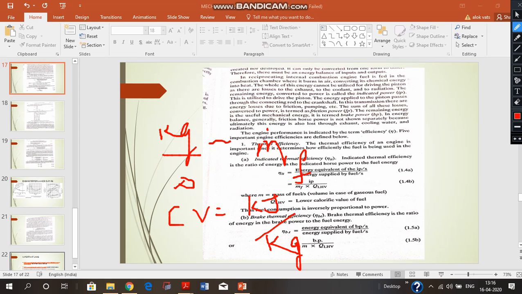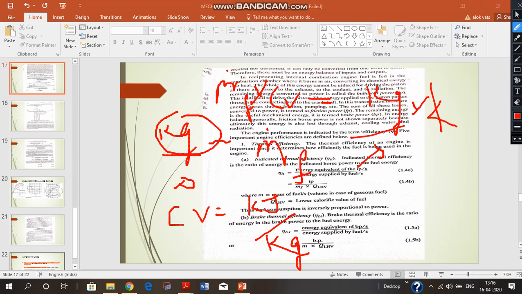Here kg denotes the kg of fuel, and this kg also denotes the kg of fuel. When these two terms are multiplied, mf dot into CV, they give kg per second into kilojoule per kg. So the unit becomes finally kilojoule per second,